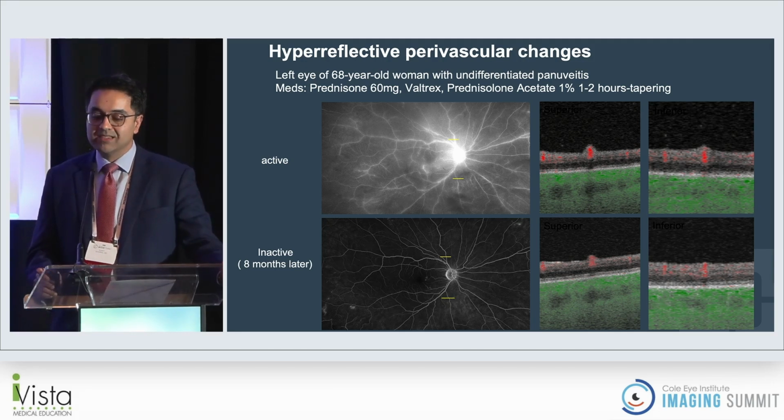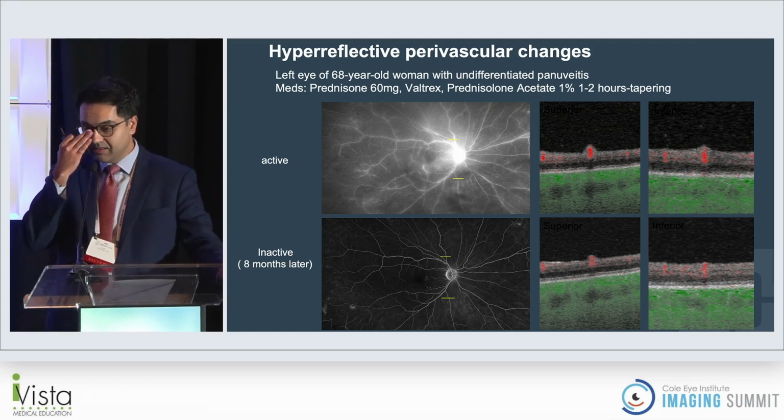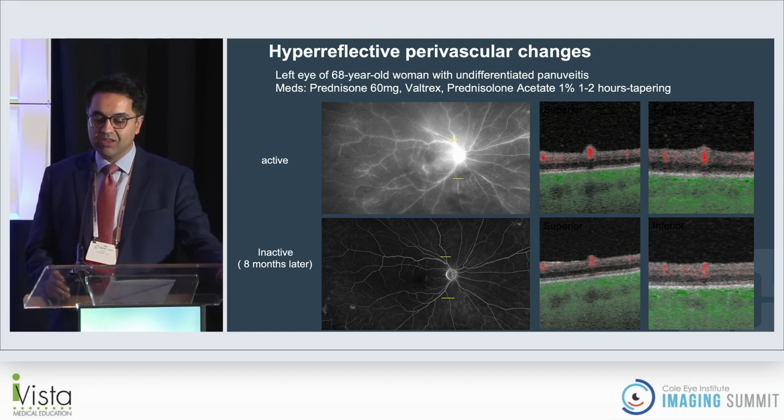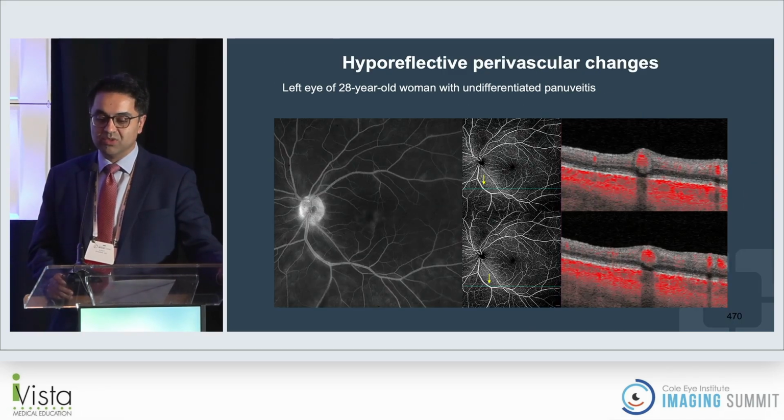Now, they don't always go away in some of these eyes. So in this patient, for example, that pushing up of the retinal thickness in that area, even though they become inactive, that change doesn't really go away. Now, what does improve is that hyperreflectivity around the blood vessel goes away over time. And so we can also see